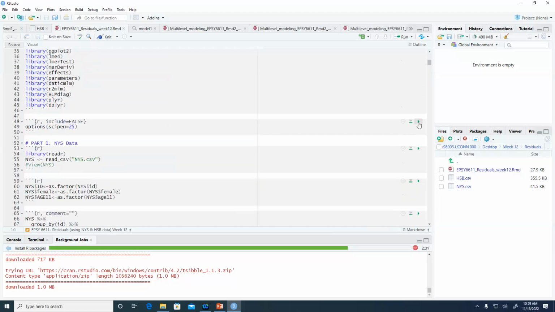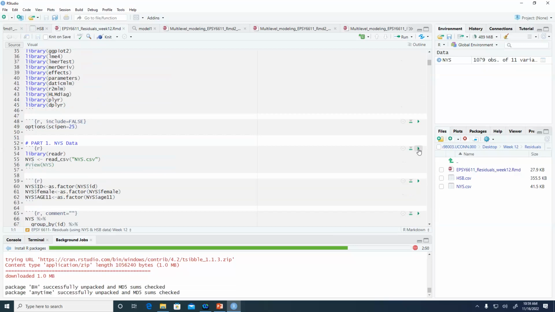Let's go ahead and open NYS. So you remember our NYS data set. This is the longitudinal data set where we've got antisocial attitudes at five points from ages 11 to 15. We've done a lot with it so far. We've fit linear models, piecewise models, cubic models,